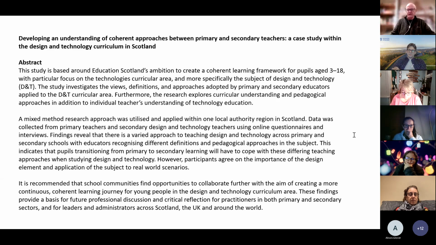But another area, because we've had so much focus on this in England, is the curriculum. It's about curriculum design and Ofsted and all this stuff about the knowledge-based curriculum. So you could have referenced, say, Michael Young about powerful knowledge, and asked how the knowledge of these primary and secondary teachers aligns to powerful knowledge. How do they position that? So there are different possibilities of generic frameworks that would still be relevant to DT.